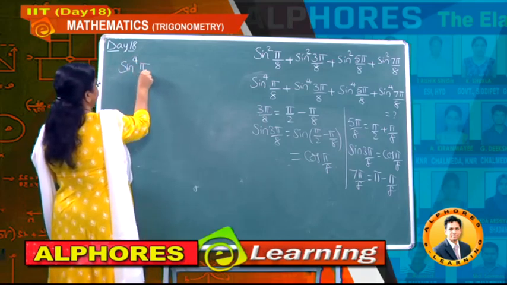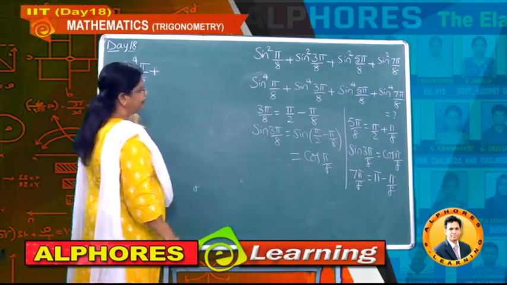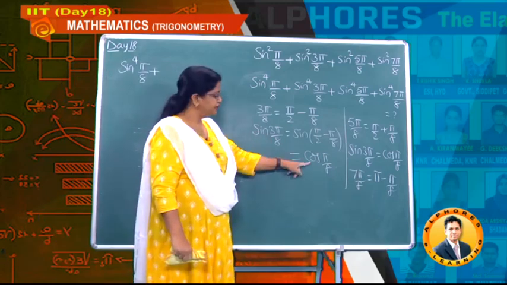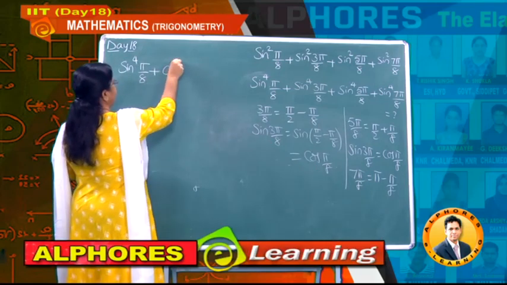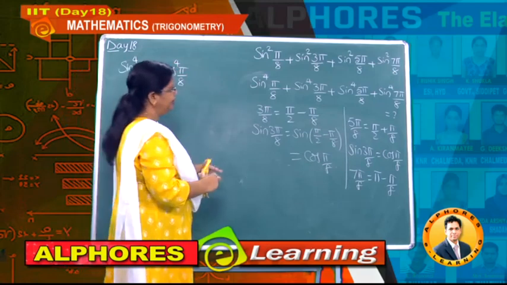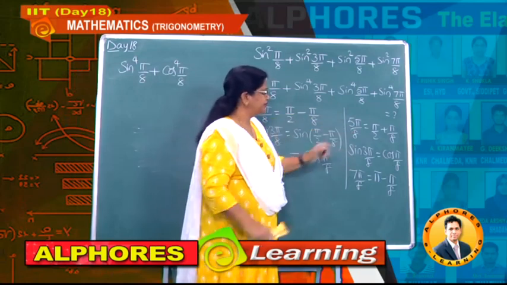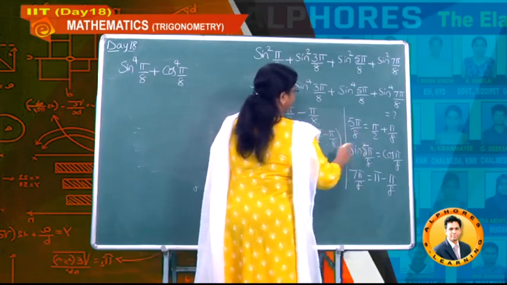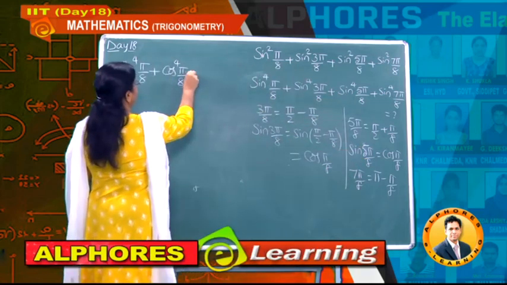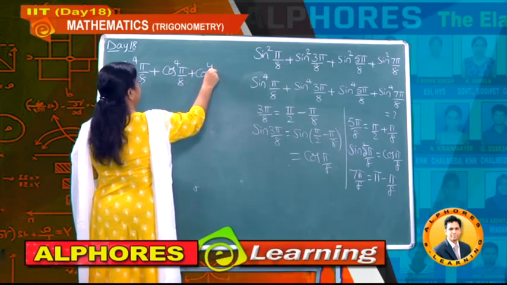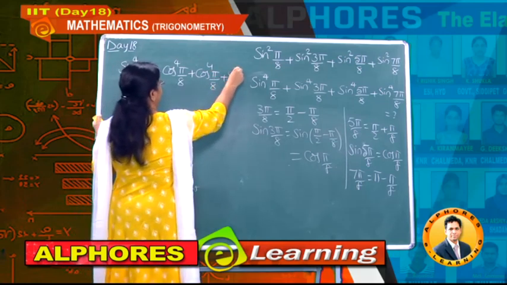Now let us take the entire problem and substitute each of the values. First I am taking the first value, sine power 4 pi by 8. Now the second one, sine to the power of 4 of 3 pi by 8, which will be replaced by cos to the power of 4 pi by 8. Okay. So this is cos to the power of 4 pi by 8. Now again sine power 4 of 5 pi by 8, you got how much, students? This one is sine 5 pi by 8, so sine power 4 gives cos to the power of 4 pi by 8 again. Okay. So this will also be how much? Cos. And lastly, what is the value? Sine to the power of 4 pi by 8.